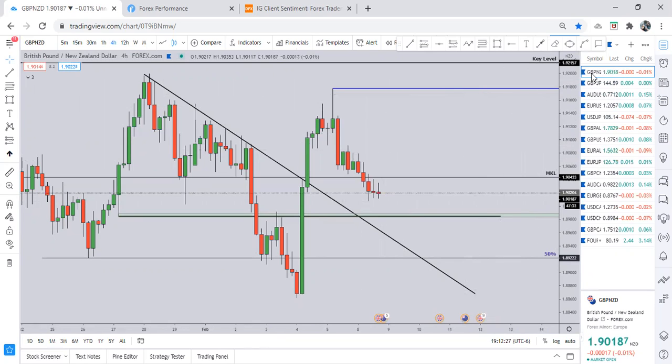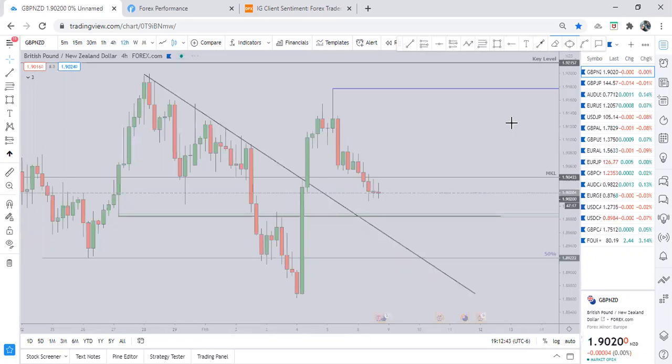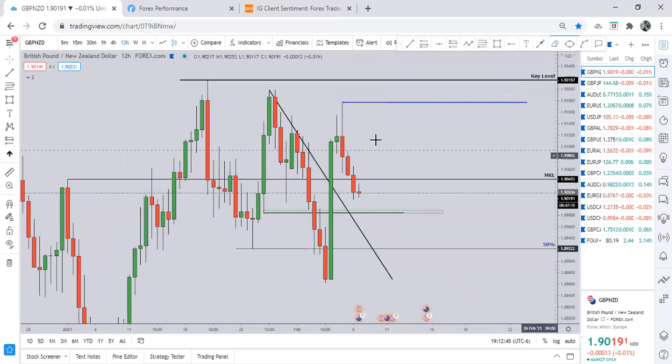So it's going to be GNZD, GJ, AU, Euro USD, Japanese yen, and the pound AUD. I'm going to start off with the pound NZD. First thing first,